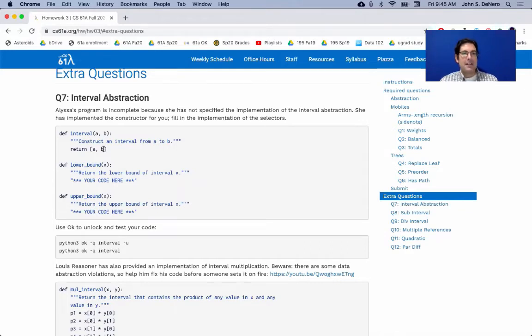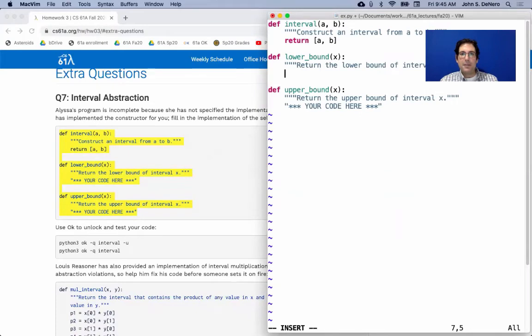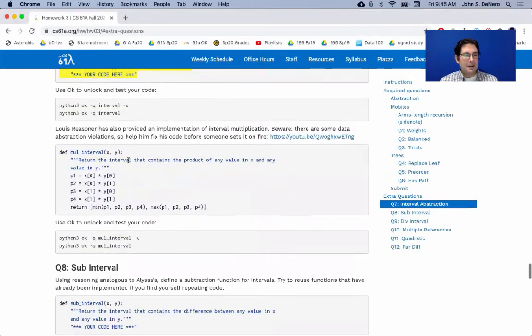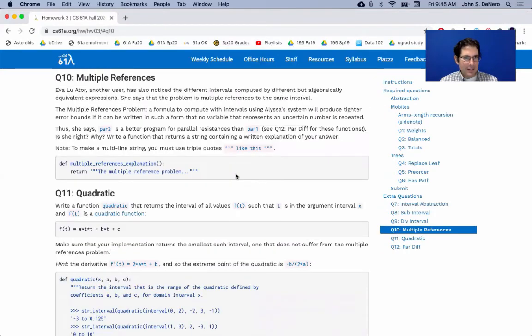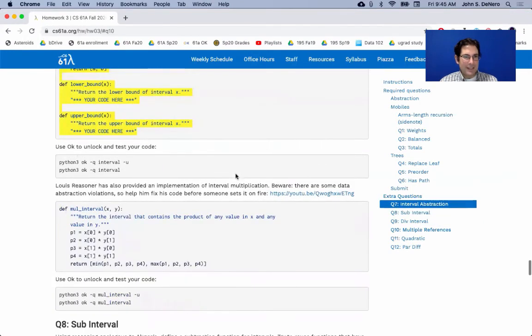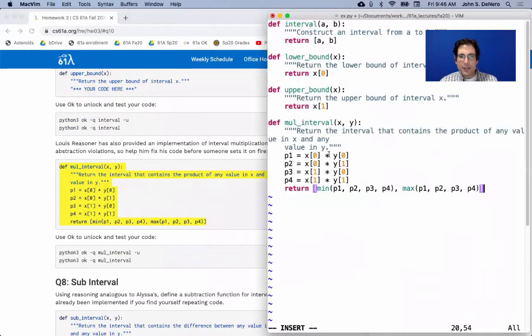So if you haven't done it yet, the first part was to build an interval abstraction. I guess we could just do that. If you want the lower bound, then you return the interval's element at index 0. If you want the upper bound, you return the element at index 1. That's because we constructed it in this particular way. There was some notion of multiplying. I wonder if we need that for question 10. Probably. Yeah, let's add this notion of multiplying. Oh, it's given to us. Excellent. All we have to do is fix the data abstraction violations, which I think would be that you get